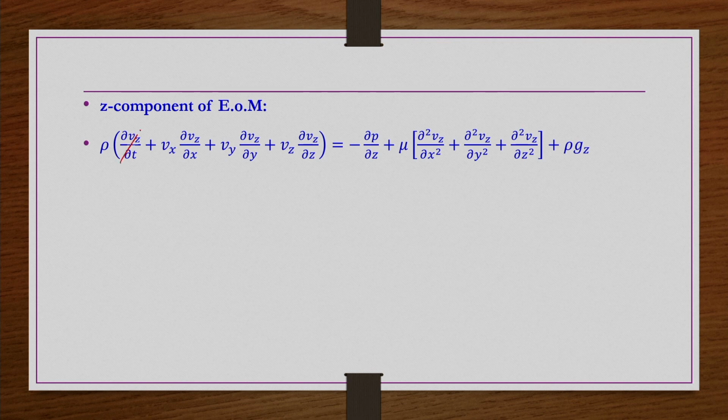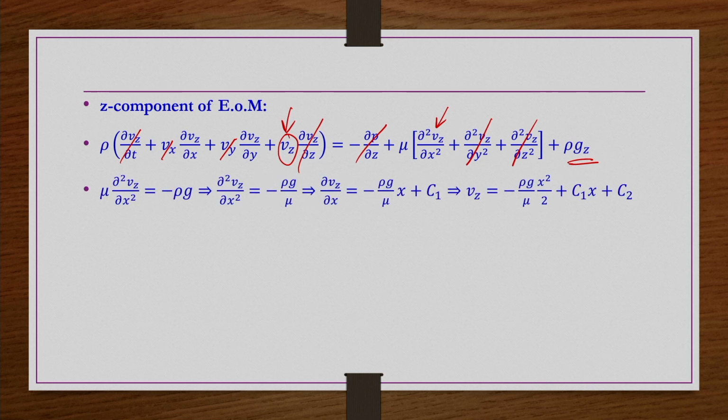Then the z component of the equation of motion is given here. Steady state, so this term is 0, Vx is 0, Vy is 0, Vz exists and is a function of x, but it is not a function of z. It is a function of x only, so this term is also 0. The film is falling because of gravity only; compared to gravity, pressure forces are 0 here, because the film is falling due to gravity in the z direction. Vz is a function of x, so this term would be there, but Vz is not a function of y and z, so these 2 terms are 0.